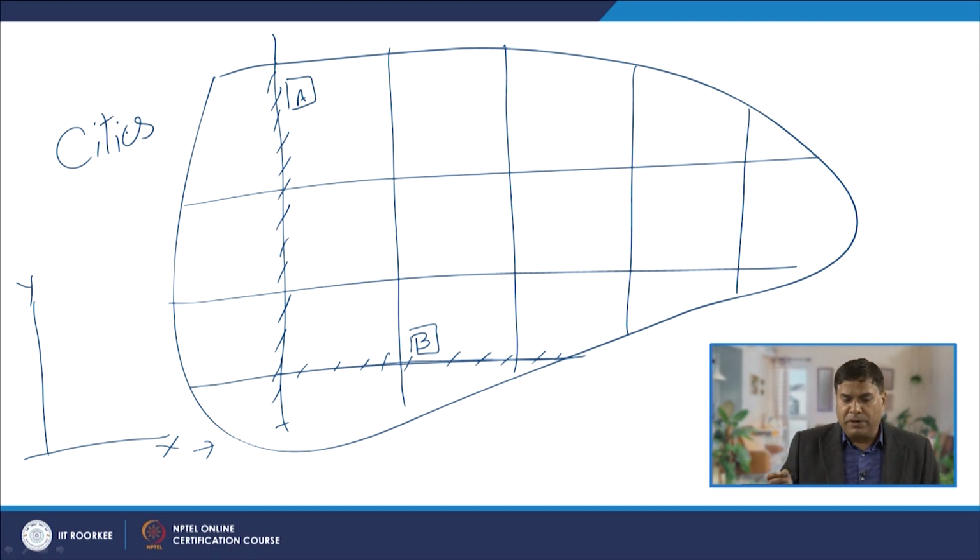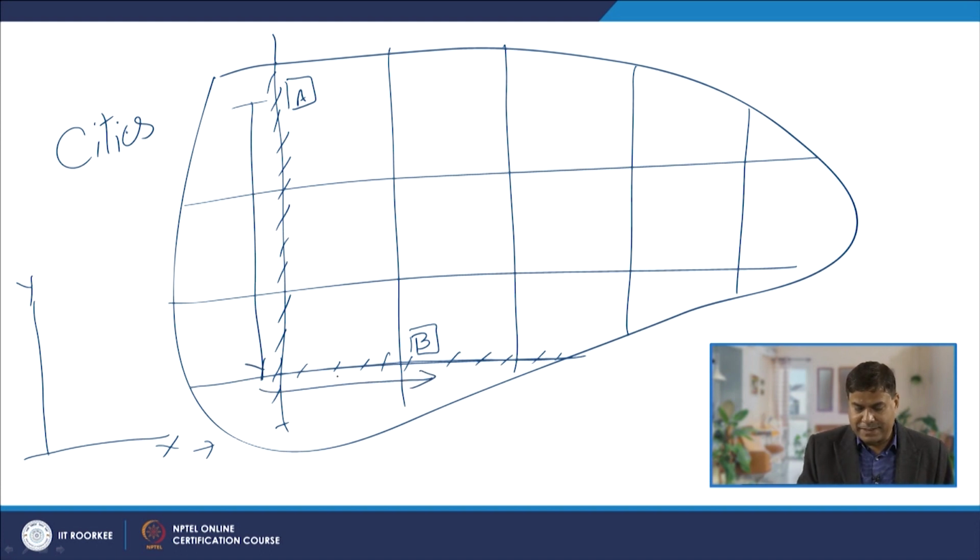So, if we want to travel from A to B, then we have to travel all through this distance and then this distance. So, movement is rectilinear, along a particular line, and the movement occurs at 90 degrees. So, to find out this distance,